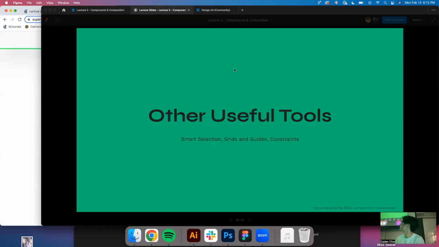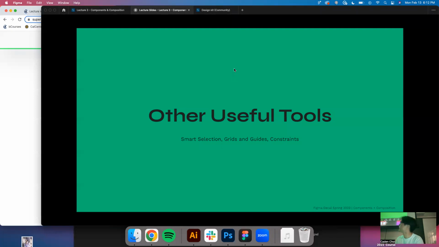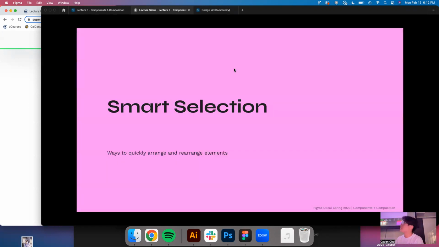Other useful tools in Figma. We're going to go over smart selection, grids and guides, and constraints. These are basically just additional tools that are going to help you with composition, organization, margins, and basically ties into components in terms of making sure your design files are very organized and easy to use. So we'll start with smart selection, which is a very genius and useful tool to use